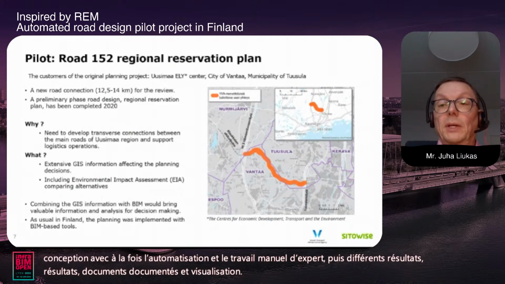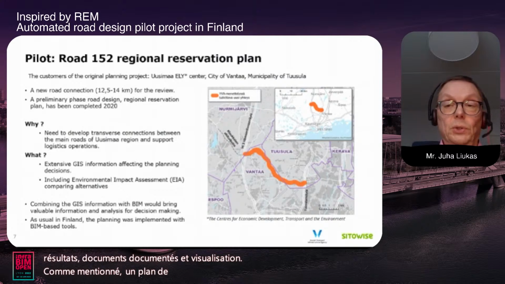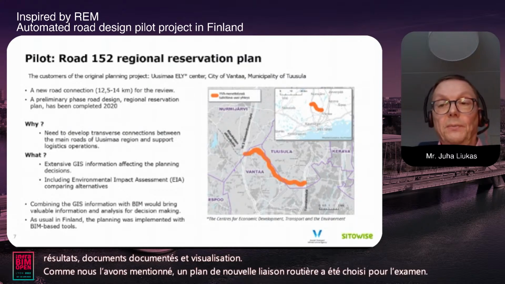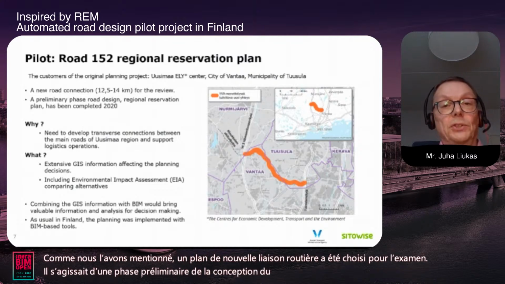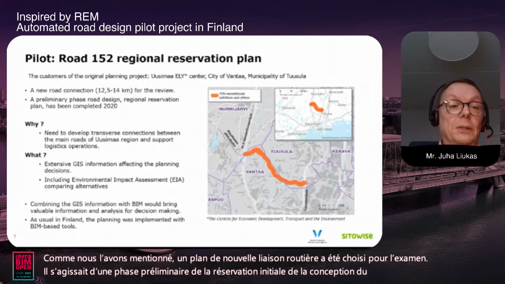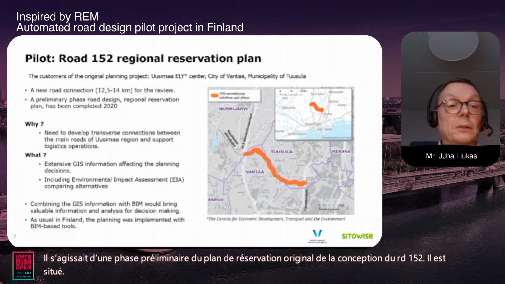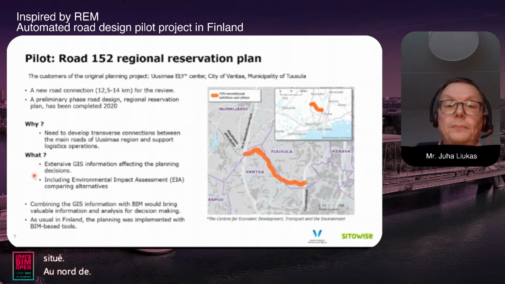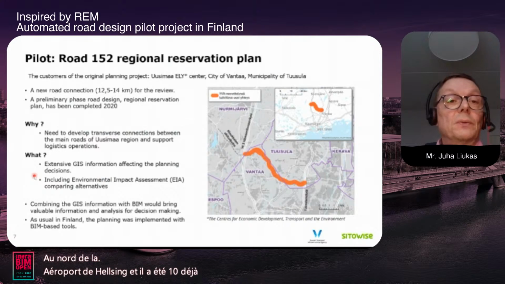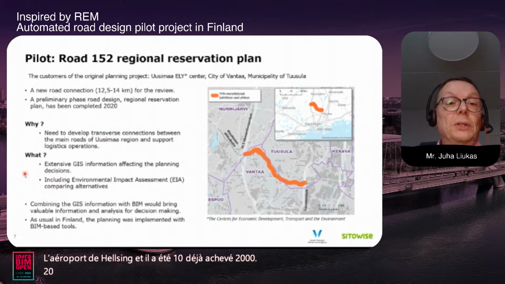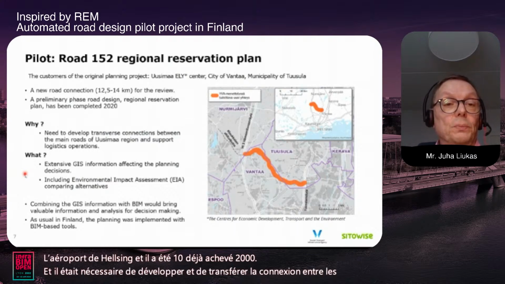As mentioned, a plan of a new road connection was selected for the review. That was a preliminary phase of Road 152 design, a regional reservation plan. It's situated north of the Helsinki airport, and it was completed in 2020. And there was a need to develop and transfer connection between the main roads of Uusimaa region and support